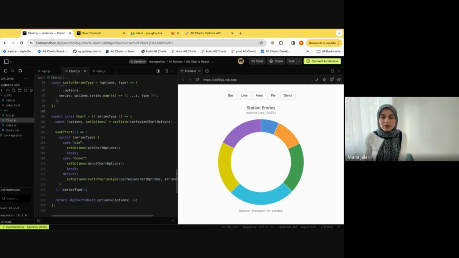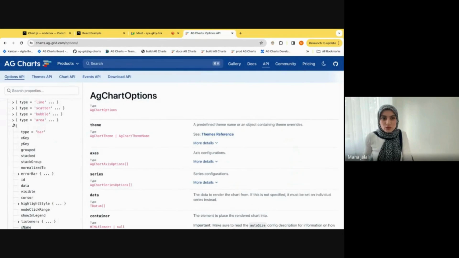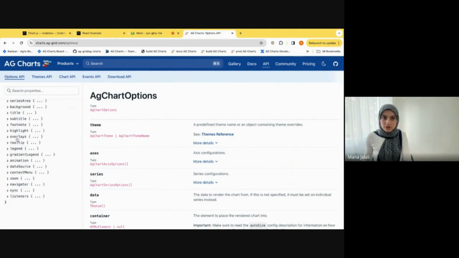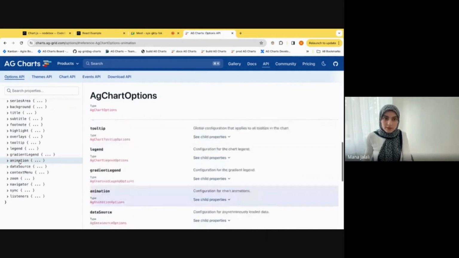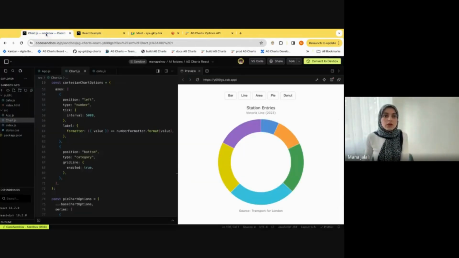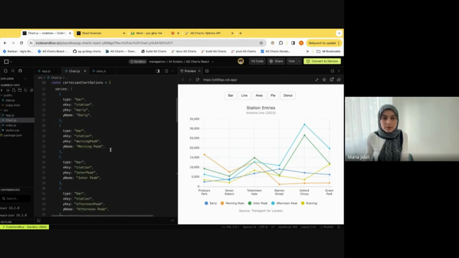And if you want to add any sort of configuration, you can just come here and look, where does it belong? Where can it go? For example, you can customize the tooltips, the legend, you can enable and disable features such as animations. And if there's certain configuration that you want to apply at a global level for all your charts, so for example, let's say I have a line and I don't want to have markers enabled for the line,